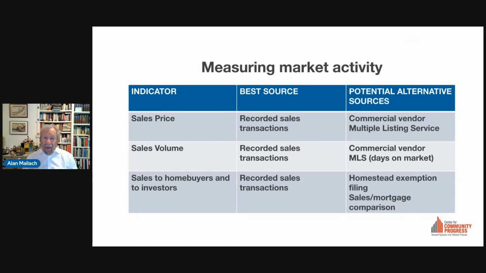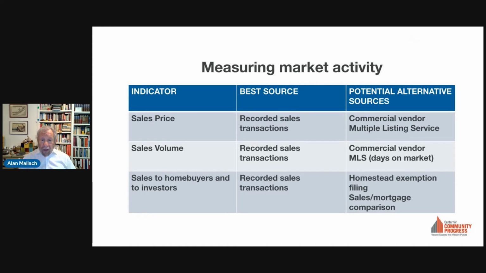So that data is the most valuable because if you have ever been tempted to look at the census data for median sales value of single family houses, don't believe it. There's a technical term that is used in statistics to refer to that data, which is it's bullshit. Because basically, the way they get that data is they ask the owners what they think their house is worth. And that is inherently unreliable. So don't use census data for purposes of tracking the real estate market.